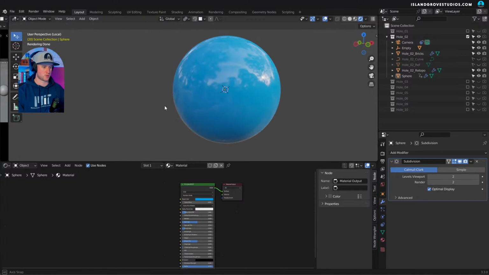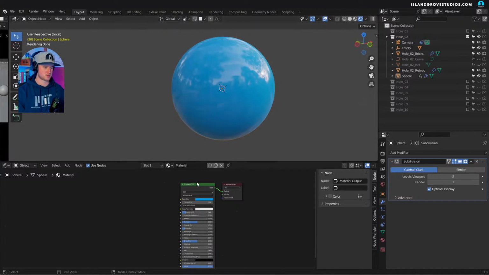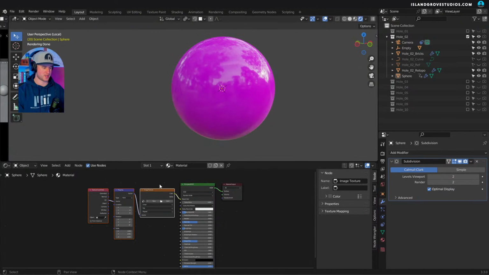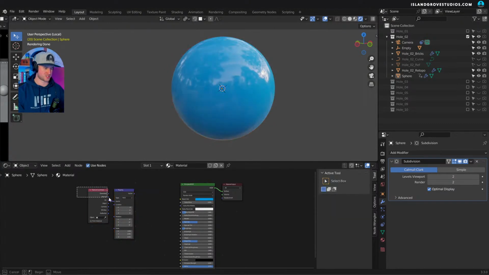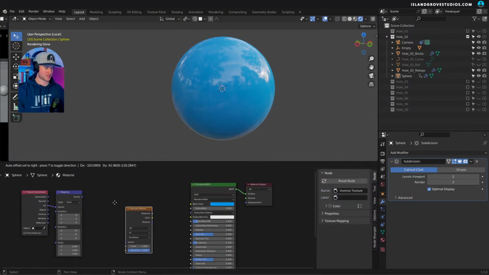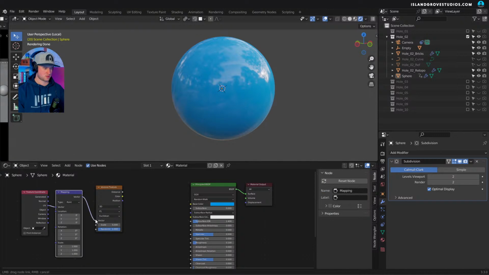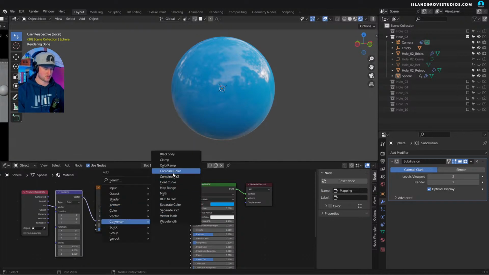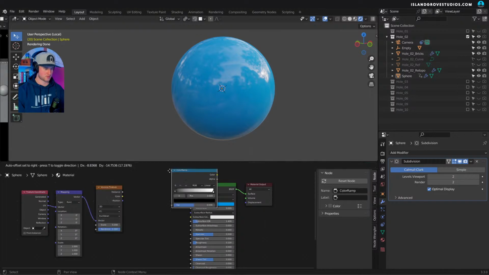So what I want to do for the texture is do it procedurally. So if I create a Voronoi texture and then a color ramp,